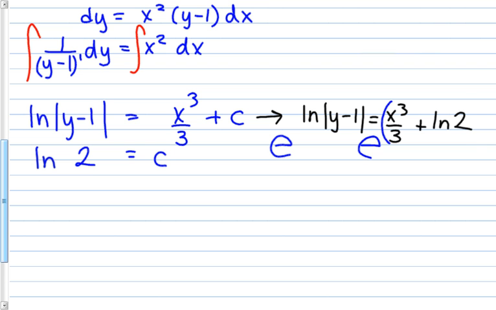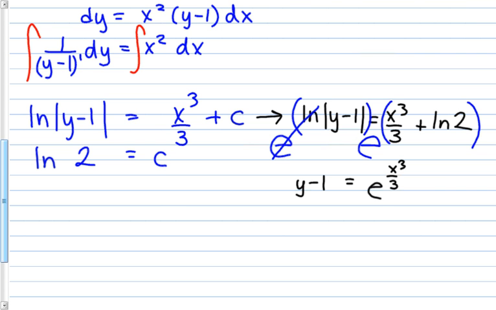So now all of this is the exponent for e, and this is the exponent for e. Of course, e and natural log cancel each other out. So I have y minus 1 equals e to the x cubed divided by 3 power,